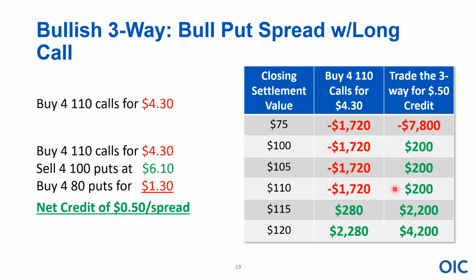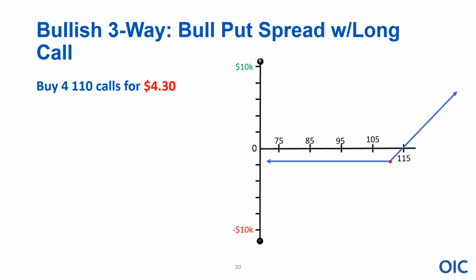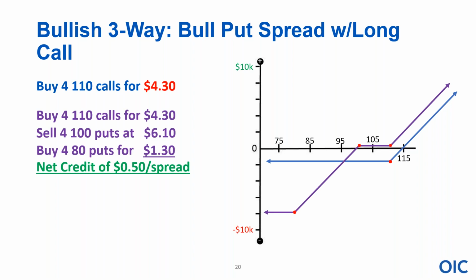For those two significant benefits, we accept a much larger potential loss. It looks really interesting when you put it on a graph. And here is buying 4 of the 110 calls for $4.30. You see what that looks like. That break-even point on the upside is 114.30. And let's put up the three-way that we were able to do, again, for a 50-cent credit in this